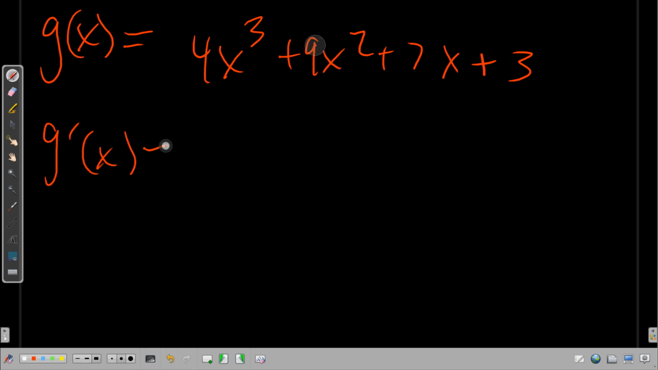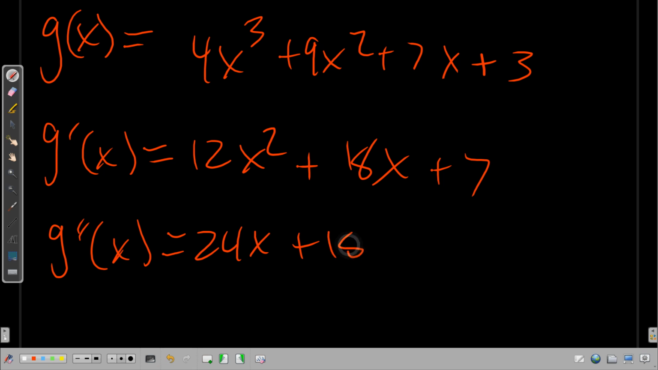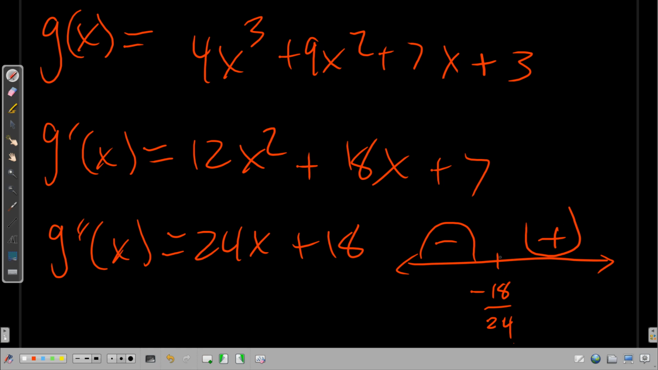And g prime is 12x squared plus 18x plus 7, and g double prime is 24x plus 18. And so at -18 over 24, you would have an inflection point, because this is a positive slope line. It's going up like that, so it's positive over here, negative over here. That means G is concave down and concave up